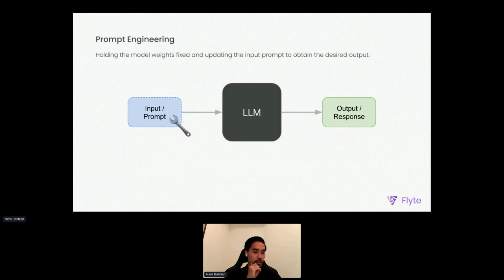prompt engineering is something that I believe came out of the recent progress in LLMs. Since you're playing around with your input space, which is massive, unlike a traditional ML model with a fixed number of features, you can manipulate the space in many, many different ways. And depending on how the model was pre-trained or fine-tuned or RLHF'd, which we'll cover lightly,